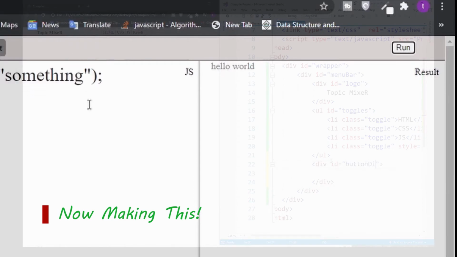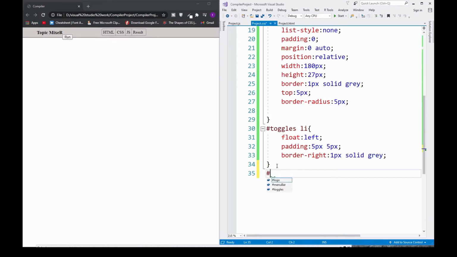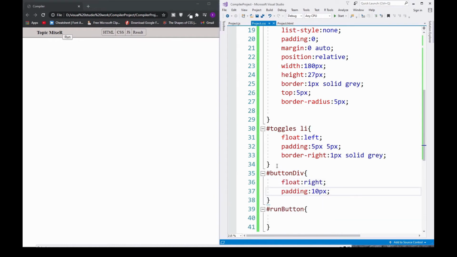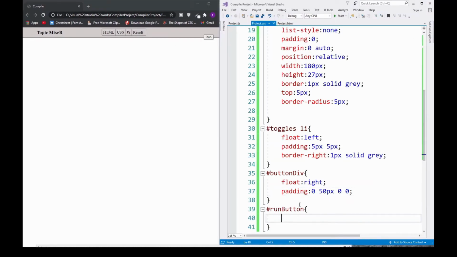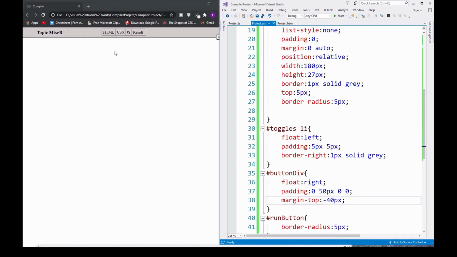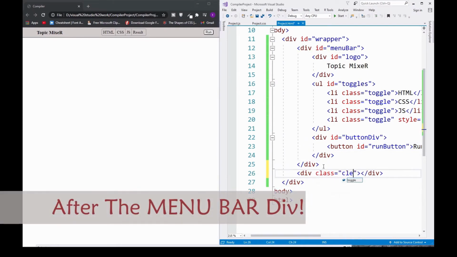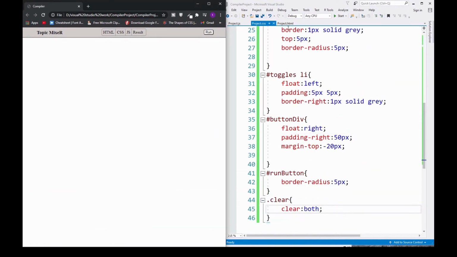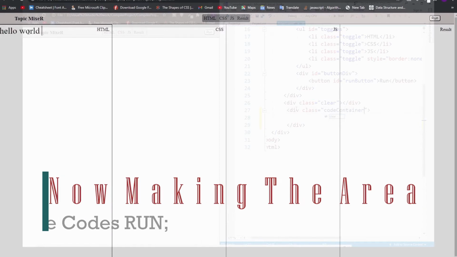Now making this button which run the coding for us. Text area will be used where the user could write their code in it separately for HTML, CSS and JavaScript.